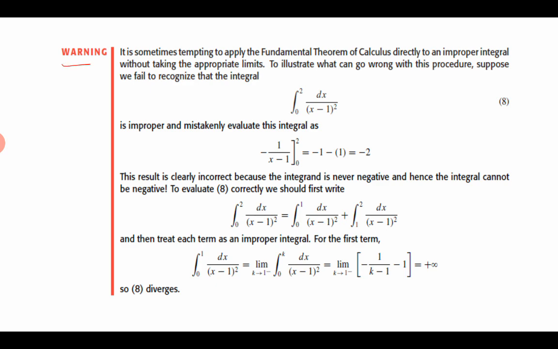So some warning has been given here. Sometimes it looks very easy to integrate from 0 to 2. You will think that this is just a definite integral. You can go ahead to integrate by substitution, but listen carefully. Between 0 and 2, x equal to 1 will make the denominator 0, so you will get infinity. The function has not been defined for x equal to 1, so x equal to 1 lies between 0 and 2. Should be careful in these cases. This is a case of improper integral. How to integrate this one has been explained here. You can go through it in the textbook.